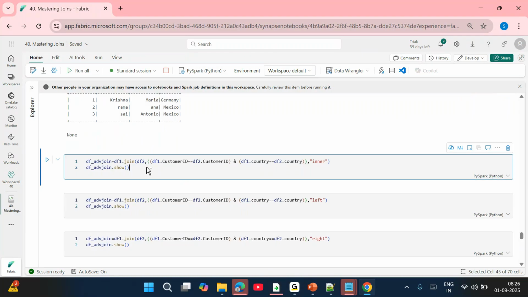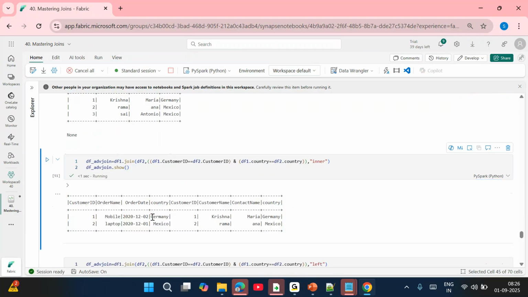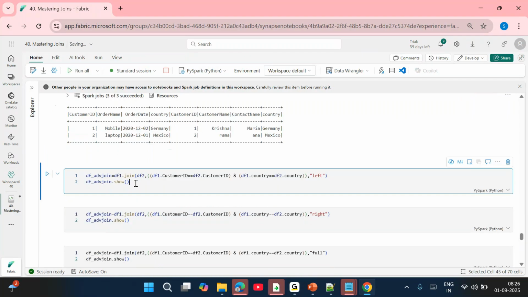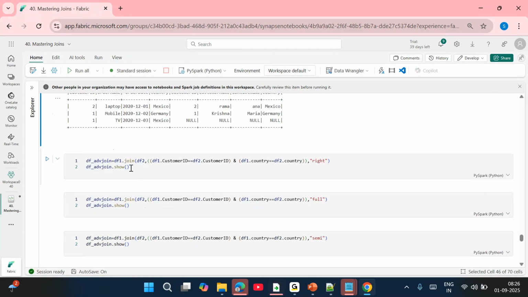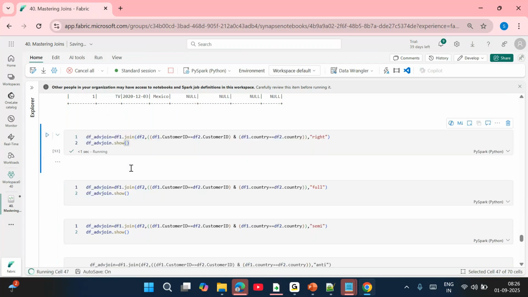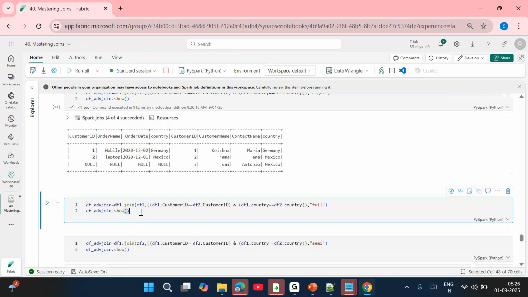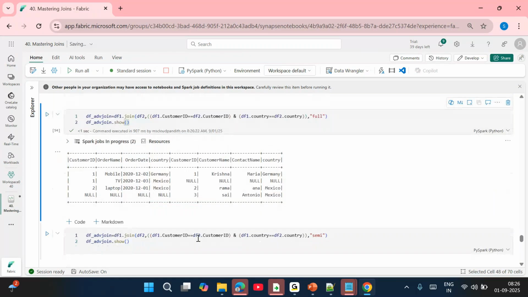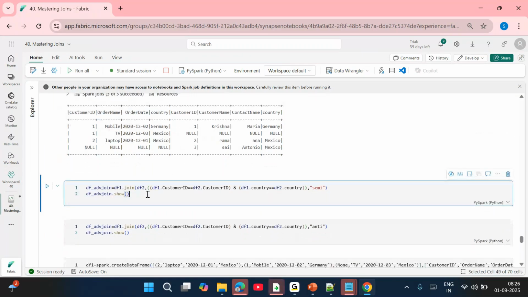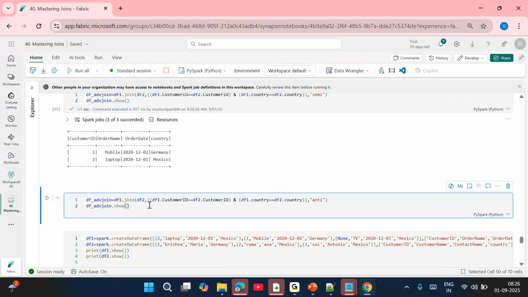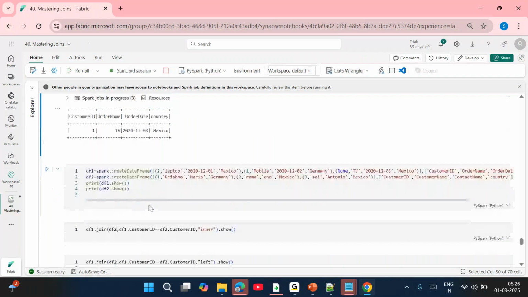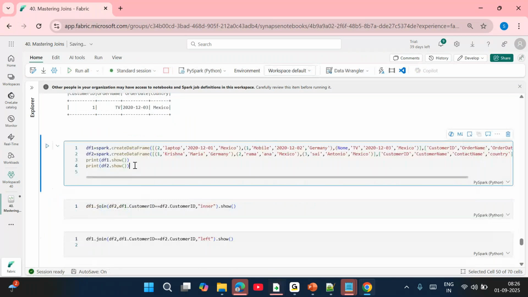So for inner join we are expecting 2 records. Left join we are expecting 3 records. Right join also we are expecting 3 records. Full join we are expecting 4 records. And then semi join we are expecting 2 records. Anti join we are expecting 1 record. Okay, that is correct. Now again, the next scenario,